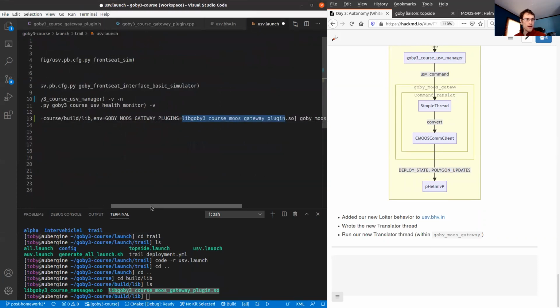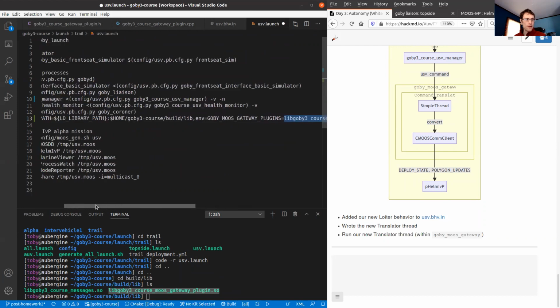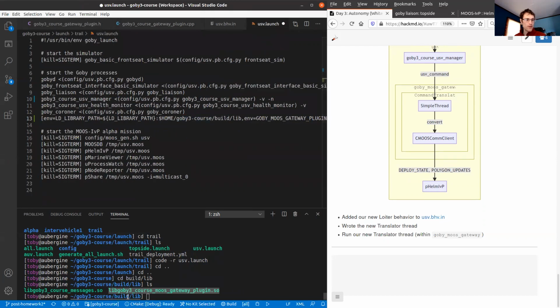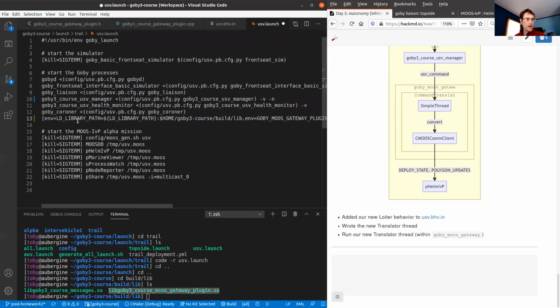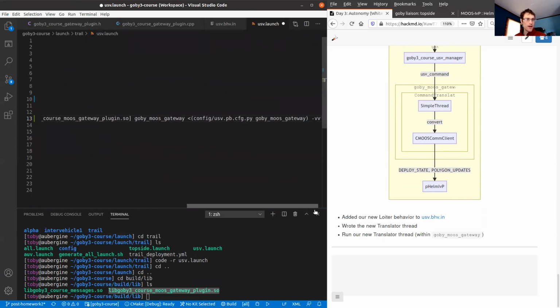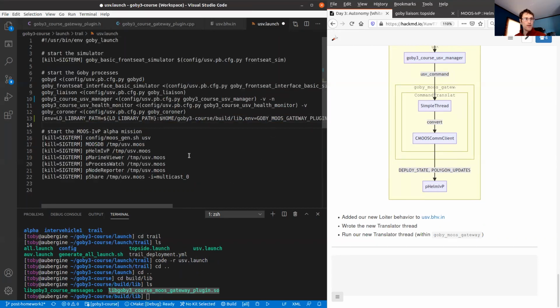And the shared library loader needs to know where that is. Since this Goby3 course build lib is not in USR lib or some common location that's already in the dlopen path, we add it to LD library path here. So we add this directory to there. And then finally, we actually run Goby Moose Gateway with the config from the config generator. And I'll finally add double V for debug one verbosity so we can see what's going on.